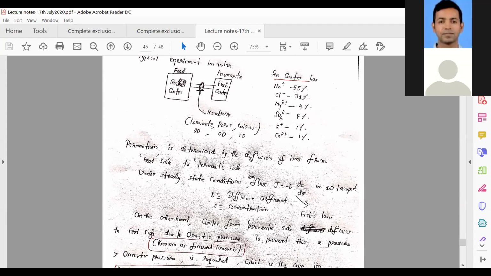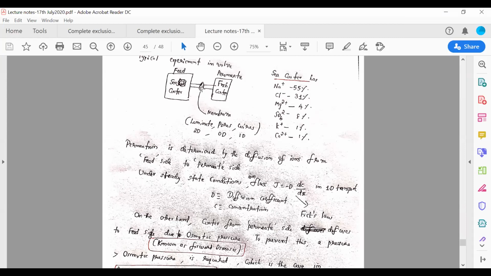You can make a membrane out of carbon nanotubes, or silicon nanowires. If you can make it really small, you have to make it multiple, because if you just use one channel, then it's not going to have enough flux. You want your flux to be very high. You cannot wait for months to get 1 liter of water. So obviously you will use multiple of these channels.